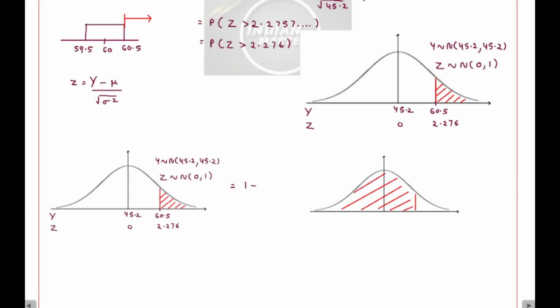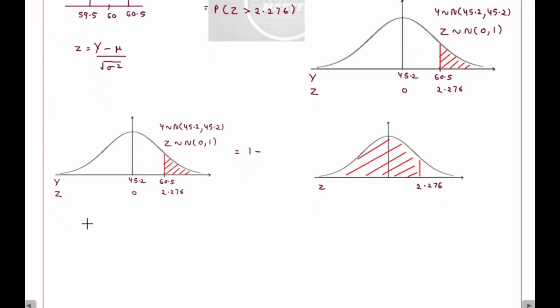The z value remains the same. What is the z value here? The z value is 2.276, correct? So when they are asking us to find the probability of z greater than 2.276, that means they are telling us to find 1 minus the probability of z less than 2.276,